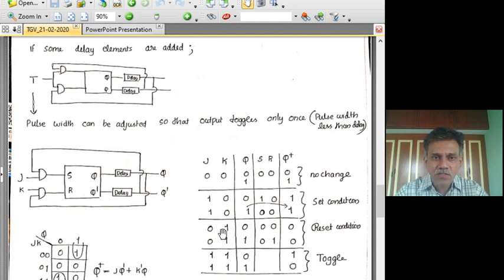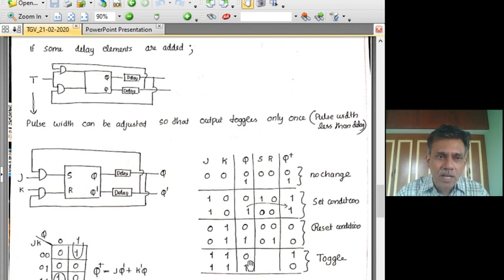So again K acts as if it were R and J acts as if it is S. So we can see that these three parts of the truth table tell that this JK latch acts similar to the SR latch, in terms of no change, set and reset. The only thing is we have to interpret J as the set input and K as the reset input. What happened to the case of J equal to 1, K equal to 1? Will it lead to S equal to 1, R equal to 1, which is the forbidden state, or will it not? That is our concern. Let's look at it. For this combination, for two possible values of Q, that is 0 or 1, we have to work out.